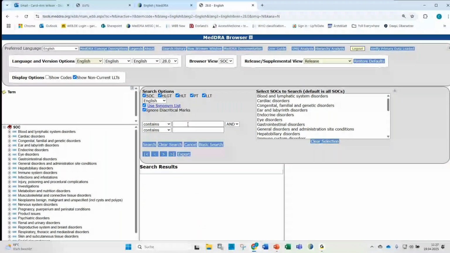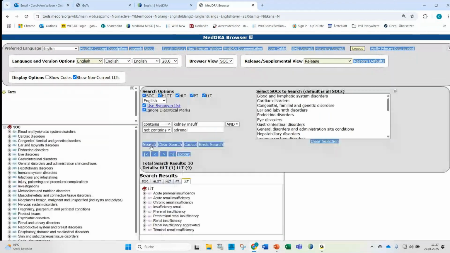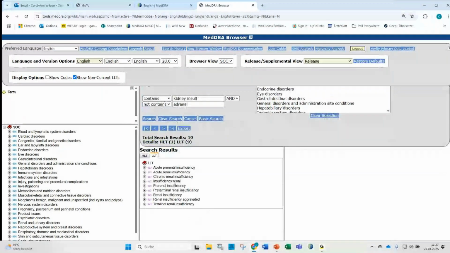So we have the kidney insufficiency, and we could say does not contain, so our search results should not contain adrenal. And then click search. And then you would get only proposals that relate to renal conditions. So the adrenal have now disappeared, and the list is much leaner. So renal insufficiency, insufficiency renal, these would be the correct